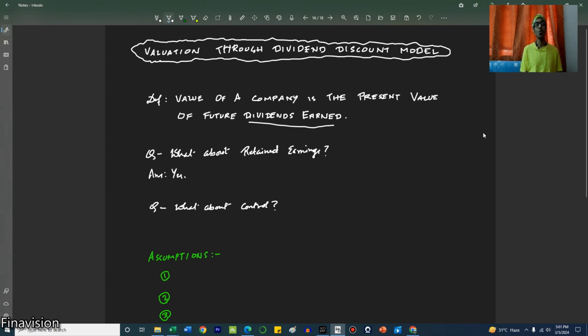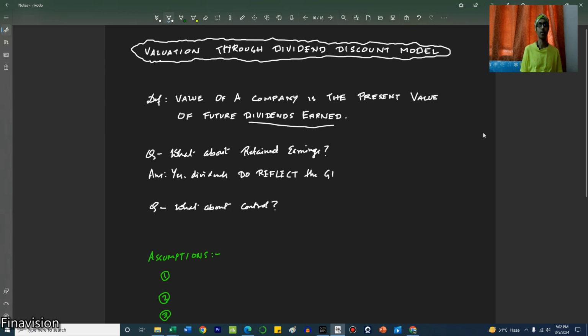So therefore, the only tangible and immediate way to calculate the valuation of the company for this kind of an investor is what is the dividend earned from that company. The growth and the decisions needed for them are not in their control. So the only parameter they use to value a company is dividends. So we will write the answers here. What about retained earnings? Yes, dividends do reflect the retained earnings in the long term.